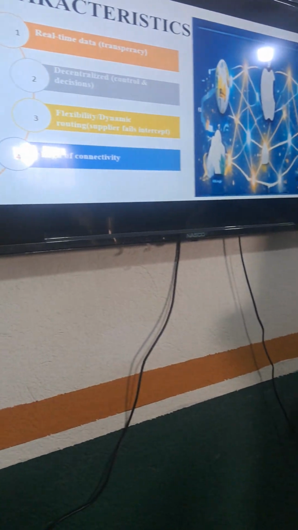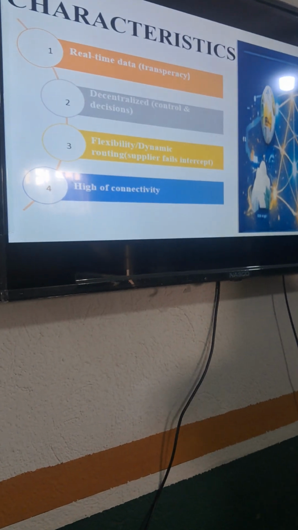And we have another one. One of this, we have flexibility. That's in terms of dynamism. The system is very dynamic. It is very flexible. If one supplier fails, the other will take over because of the nature of the web. It has so many paths. It has so many connections that lead to so many suppliers. So in this particular web, we can have so many suppliers. We can have 10 or 20 suppliers. We can have 30 manufacturers. So if one manufacturer or supplier fails, the other suppliers are there, the other manufacturers are there. They will be able to sort you out by providing the necessary things that you need in your operations.